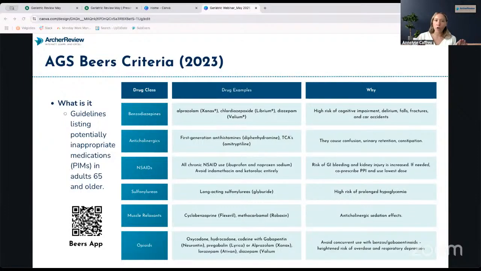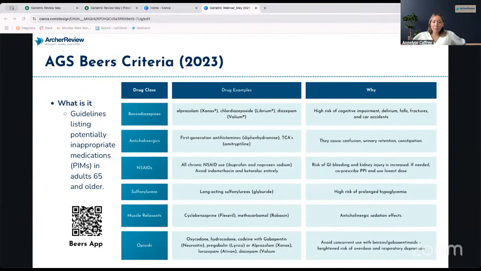I use it in clinic all the time. The Beers criteria, you can find a PDF online that you can download for free. I didn't include that because I don't know what the legalities are there, but just between you and me, there's PDFs of it. You can just download for free, keep them on your phone. It is really, really long, and there's a lot of drugs. Maybe if you're a pharmacology student, that would be really interesting to you. It's hard for me to remember that many drugs and how they interact, what's safe, what's not.